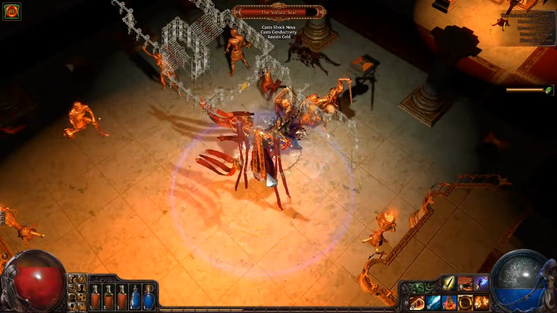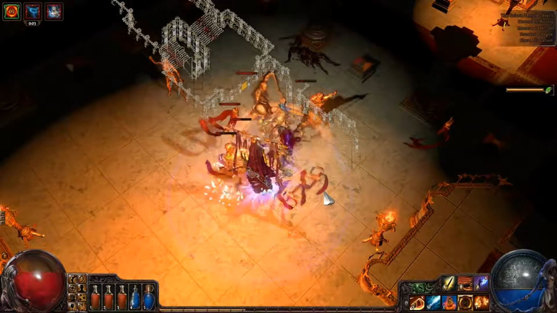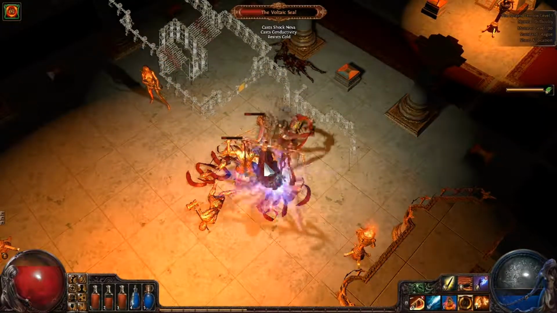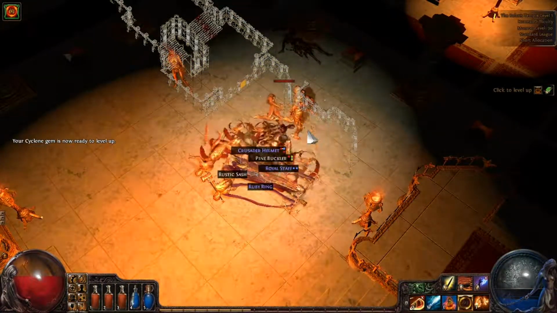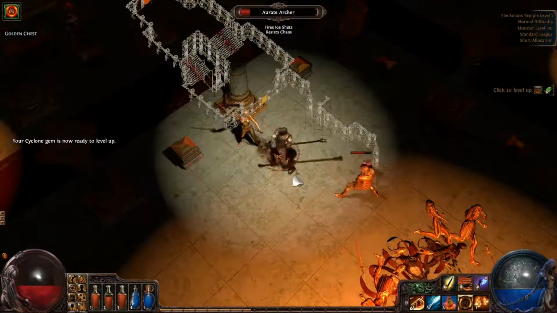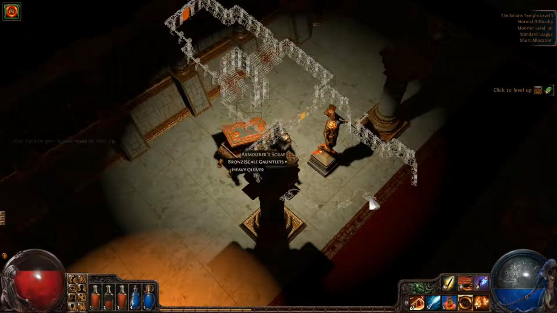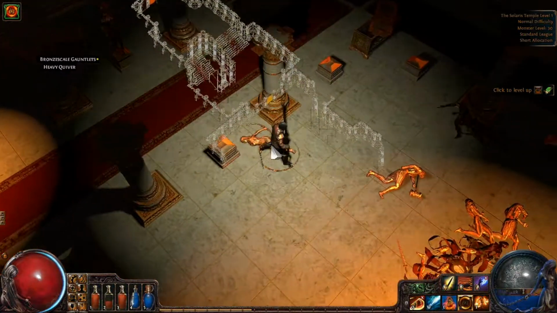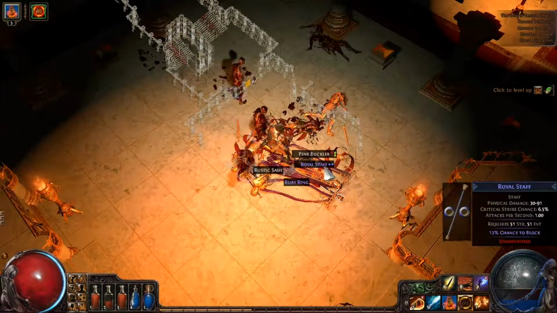And we're right into the unique. Unique is down. There we go. Don't want any of that. Raise some zombies out of the metal statues, because, why not? That's worth taking. I don't really care about